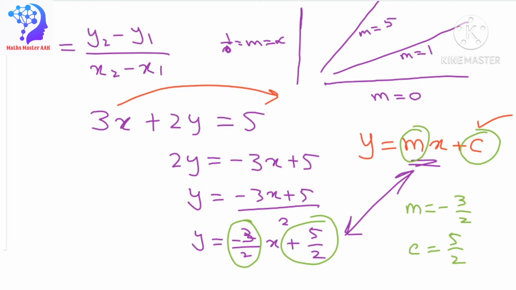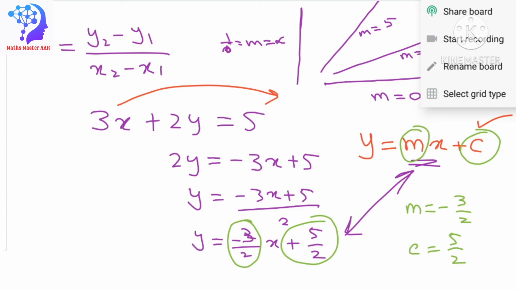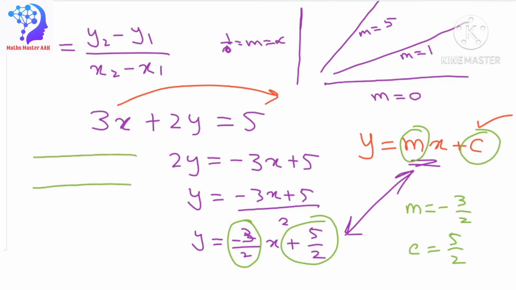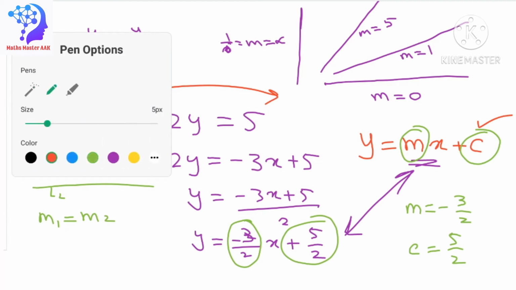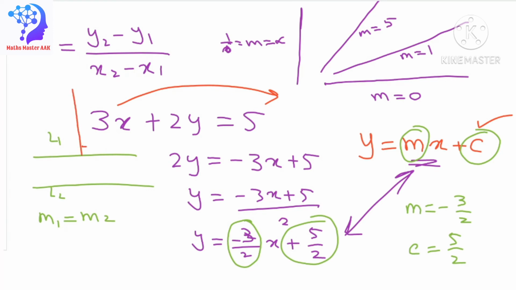Now, one more interesting fact: whenever you have parallel lines, how can you describe the gradient relation? For example, if you have these two lines L1 and L2, if these two lines are parallel, then M1 is equal to M2. And if these two lines are perpendicular, for example another line, I draw this red line over there, this line making an angle of 90 degrees with this, and I call it L3. So the gradient of L3, I call it M3.